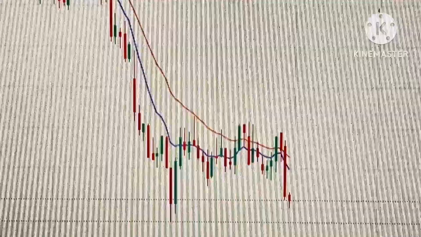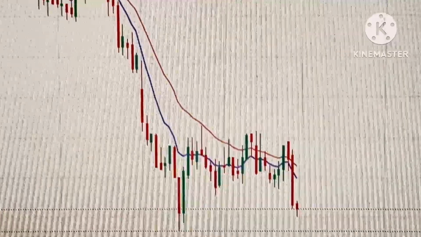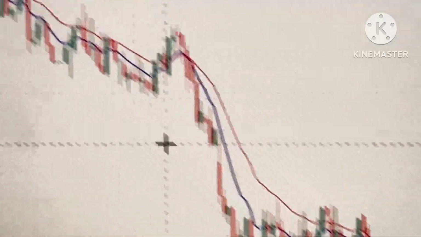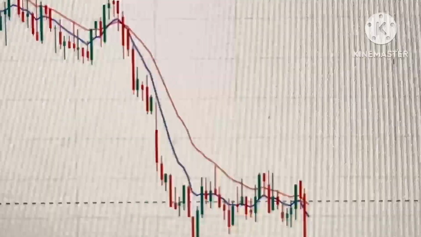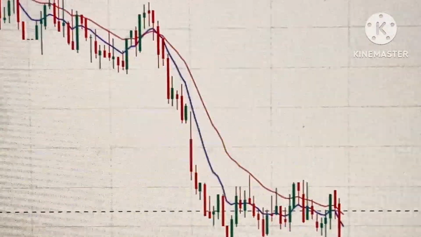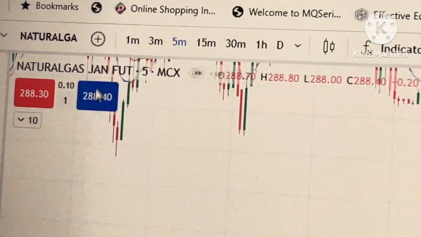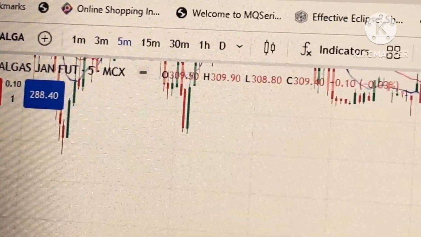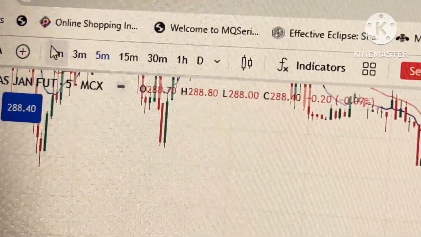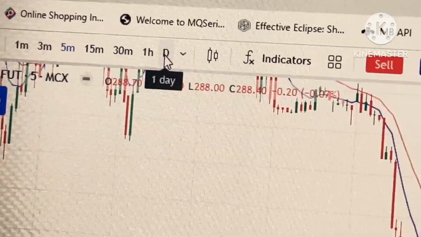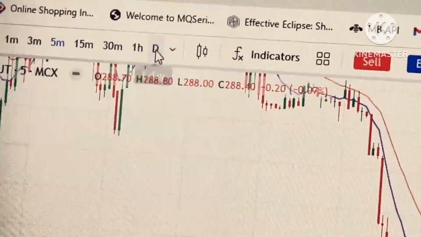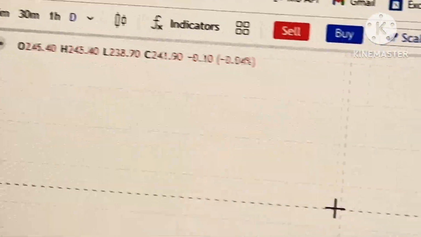So what you have to do over here is, I don't use many strategies. It's very simple. Just look at the price action. So this is the natural gas Jan future chart. On the top you could see 1 minute, 3 minutes, 5 minutes. So we will select day. The day is highlighted, and now what we would do is,